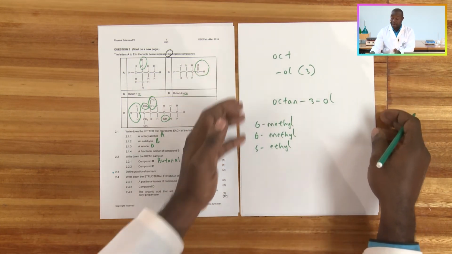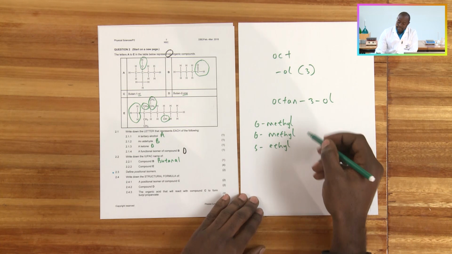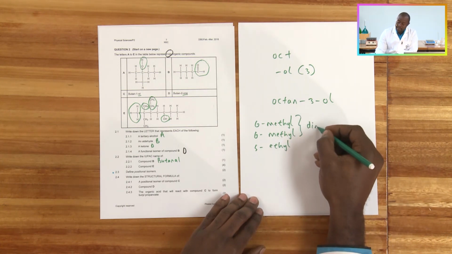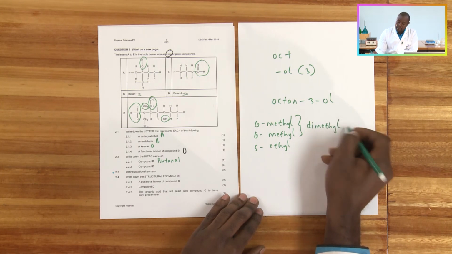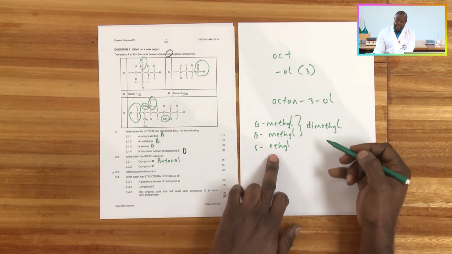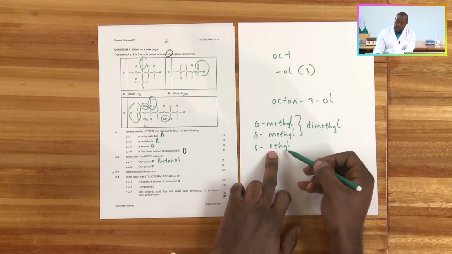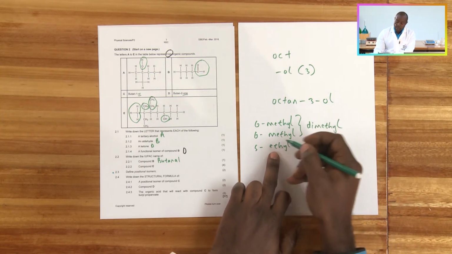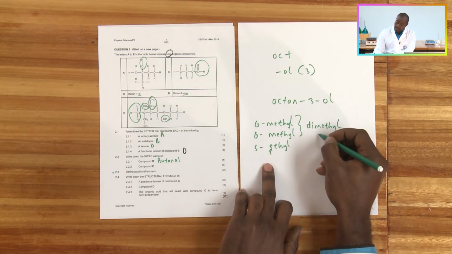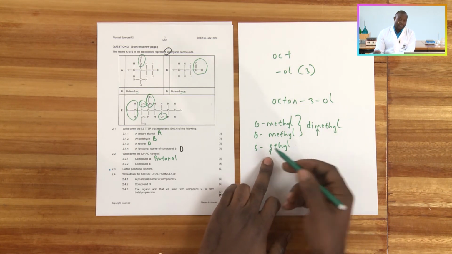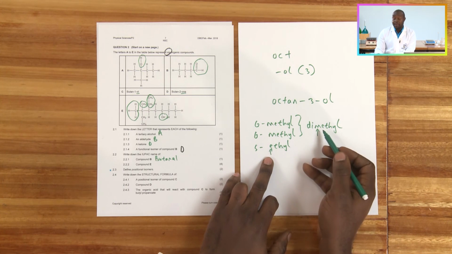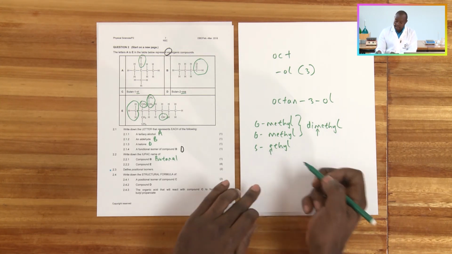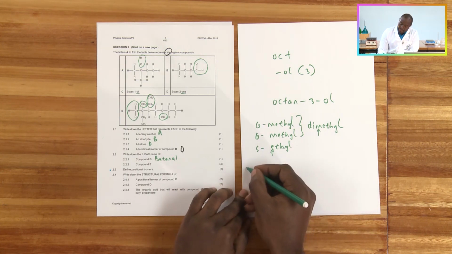So now we need to join all our substituents that are attached to our parent chain. What you notice is that these two are the same, so we're just going to call it dimethyl. But we need to decide whether we are starting with ethyl or methyl. We ignore the di part, so we are only interested in the E and the M, and we use alphabetical order. E comes before M, so we're going to start with the ethyl part. So our name becomes 5